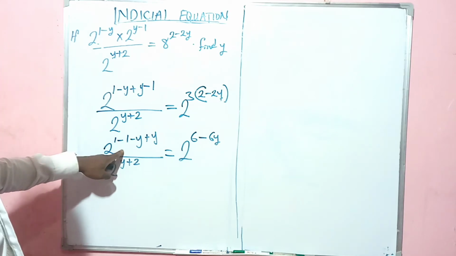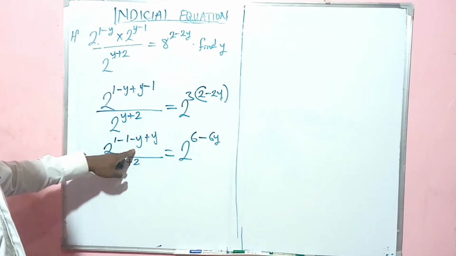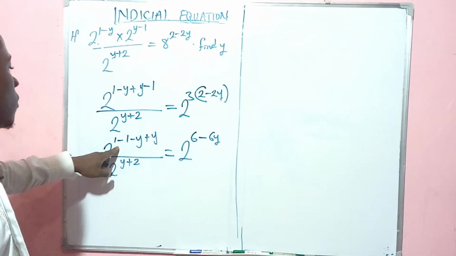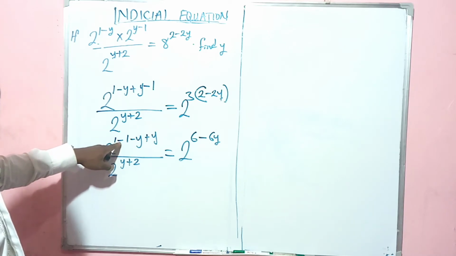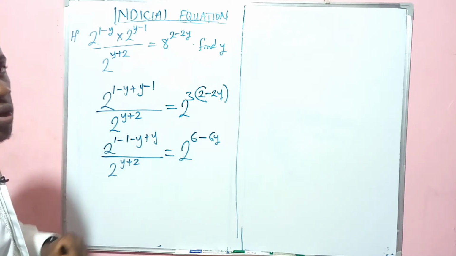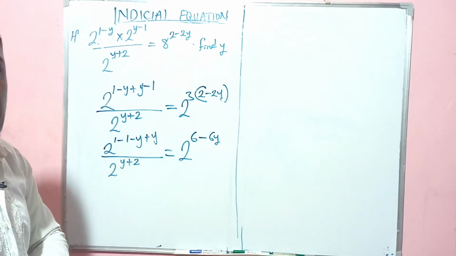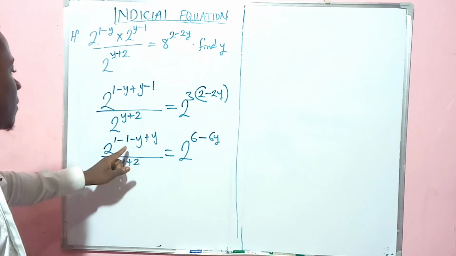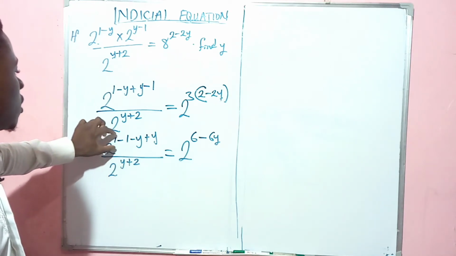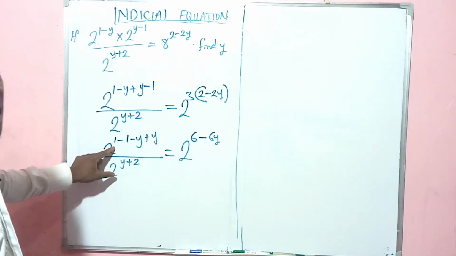For the numerator, if you observe the power, I have collected the like terms already. Now, let me evaluate my like terms. 1 minus 1 will give me 0. Then minus y plus y will automatically give me 0 as well. So which means in return I'm having the total power of this numerator as